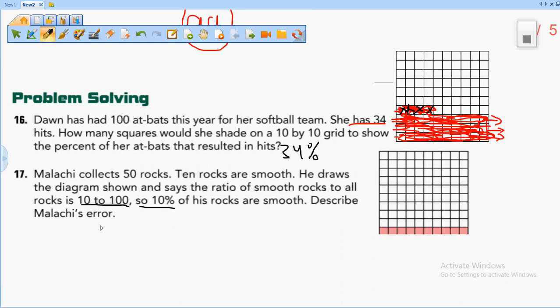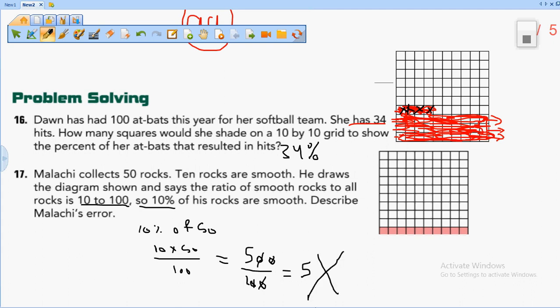Describe Malak's error. Look, if I want to check 10% of 50, I can say 10 times 50 divided by 100. So it becomes 10 times 50 is 500 divided by 100, cancel the zeros. So the answer is 5 smooth rocks. It's wrong. So the mistake here, he must put